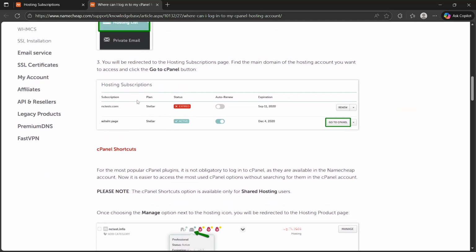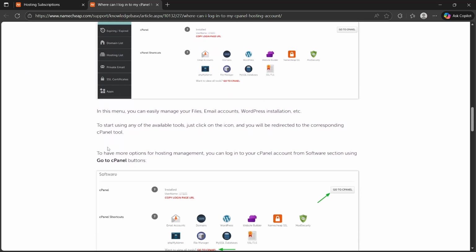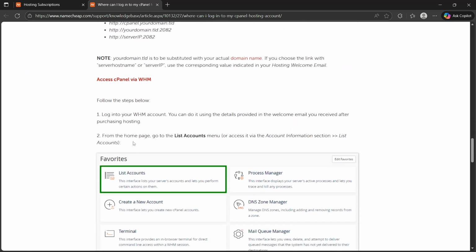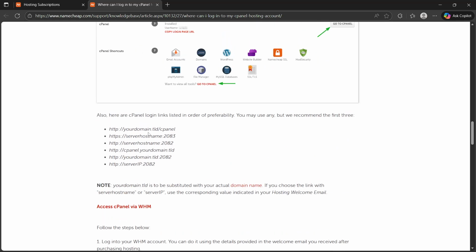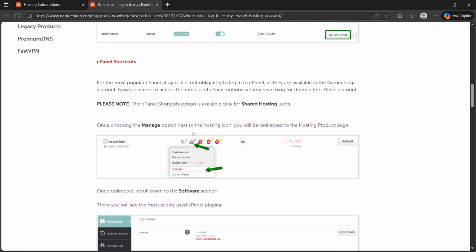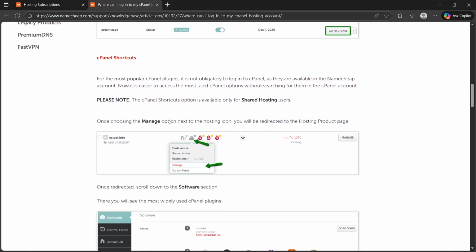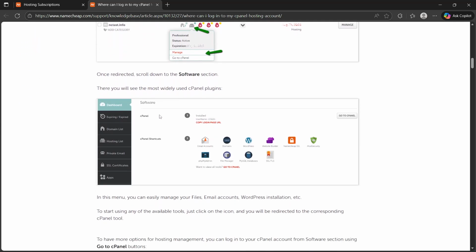So yeah, after you click your hosting list, you will basically just see this button right here, which is next to your domain. So what you will have to do is you will click manage, which is basically right here. So what you will have to do is you will click manage option next to the hosting icon like this. And then what you will have to do after clicking that is